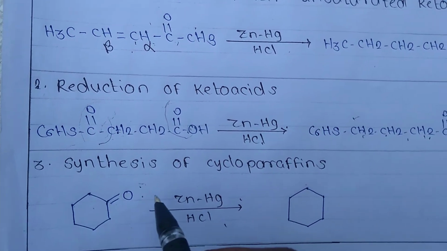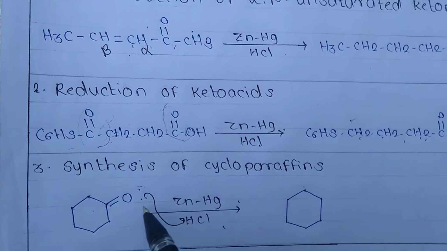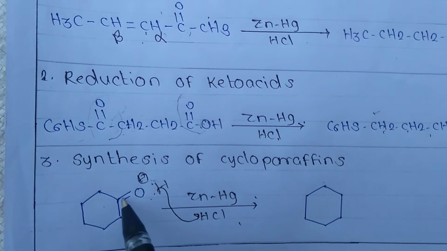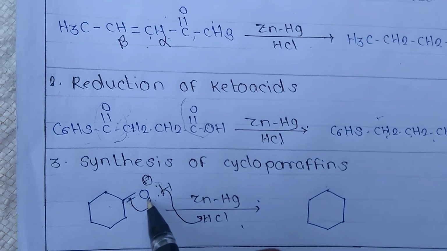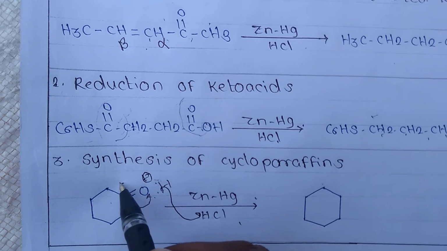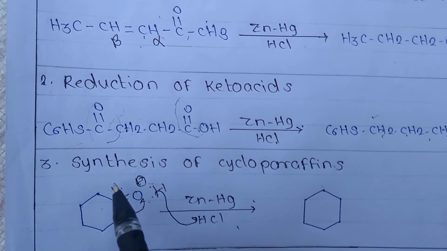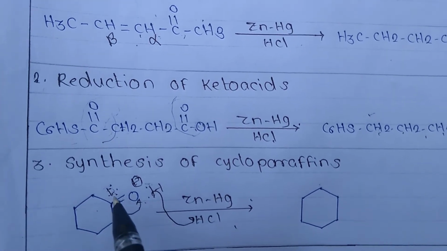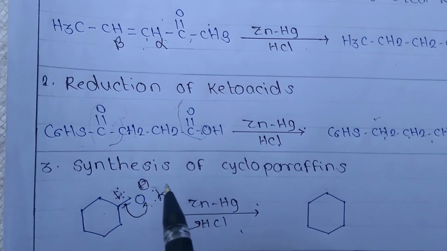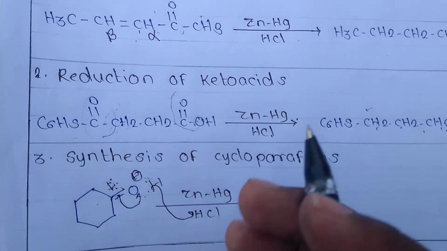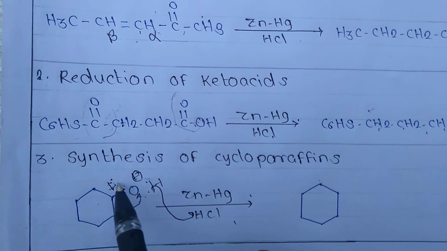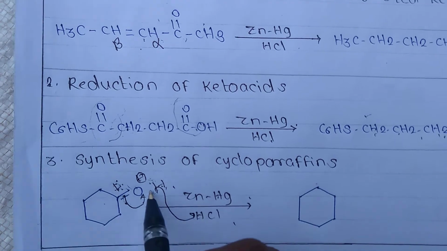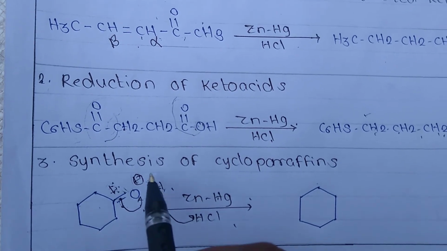So here the lone pair attacks on the H plus, here it takes H plus, then here H plus. Then this bond attacks and there is formation of carbocation. Then the carbocation accepts electrons from the Zn, and then there is formation of carbanion. Then the carbanion takes proton from the HCl or acid. Then also the OH alcohol takes proton from that, and then the formation